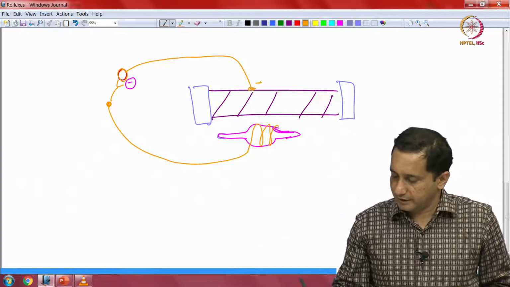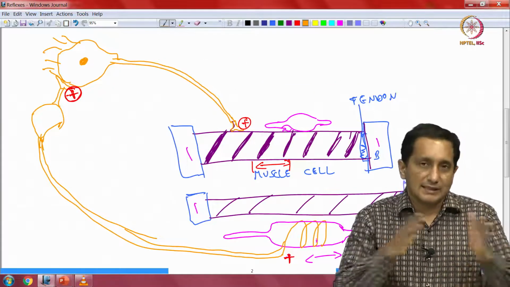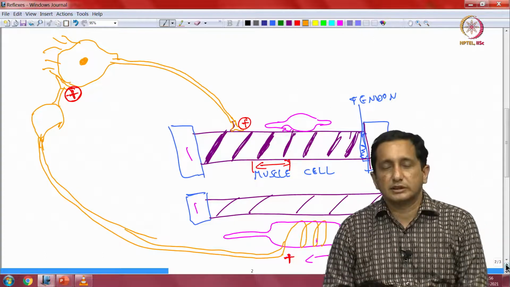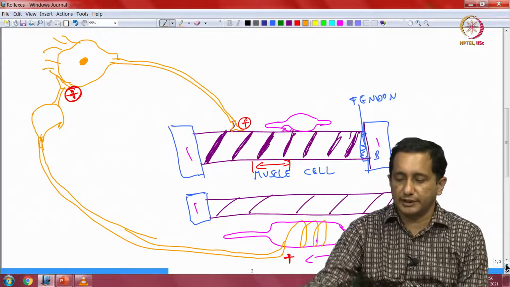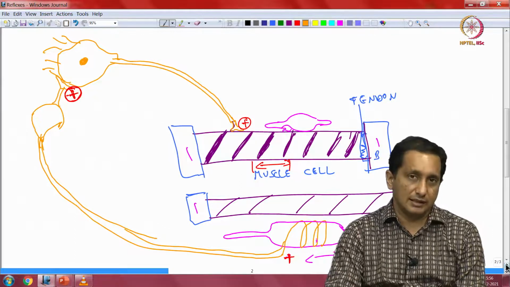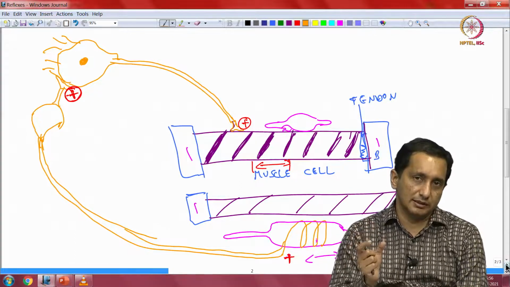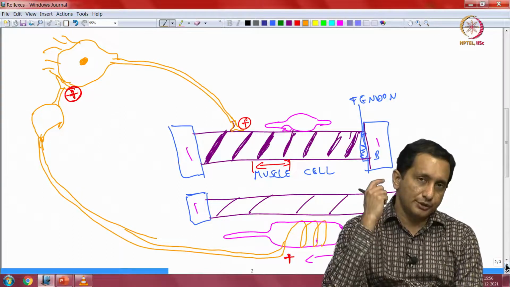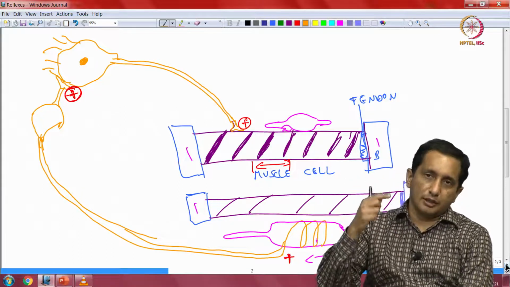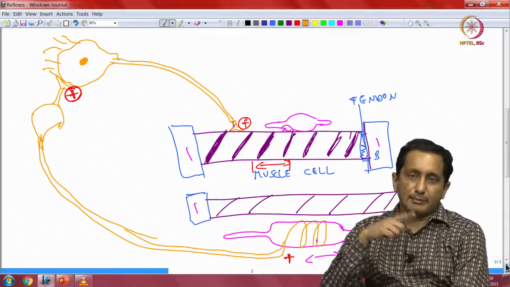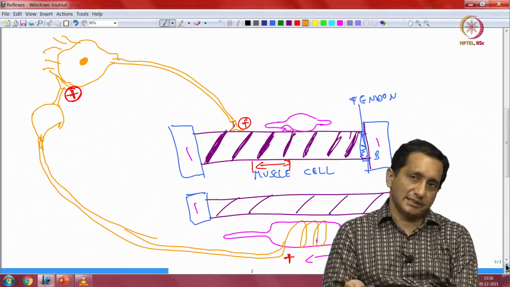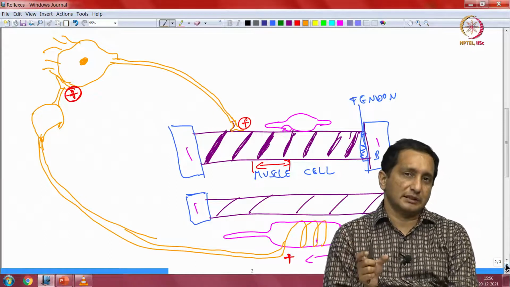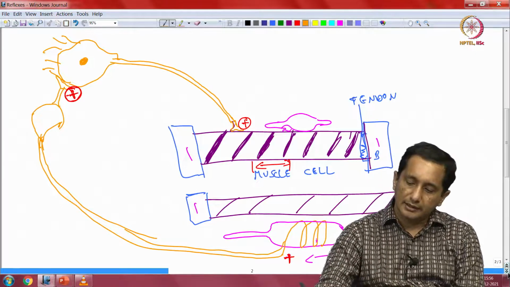So, we will reiterate the whole stuff again. A sudden increase in the length of the muscle causes an increase in the length of the sensor. It is a stretch sensor. The sensor gives an output to a neuron. The neuron gives an output to the commanding neuron of the same muscle cell, and that reduces the size of the muscle cell, and then it